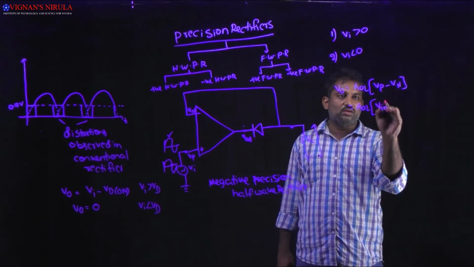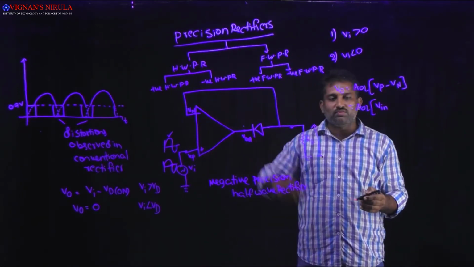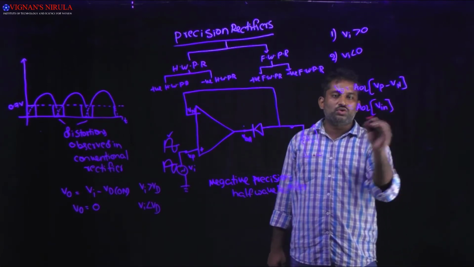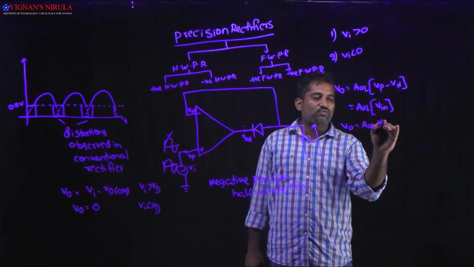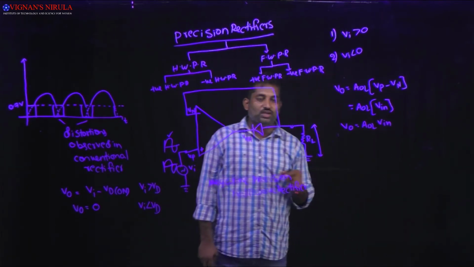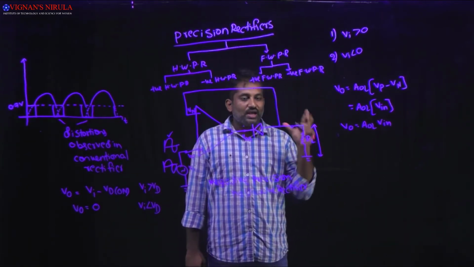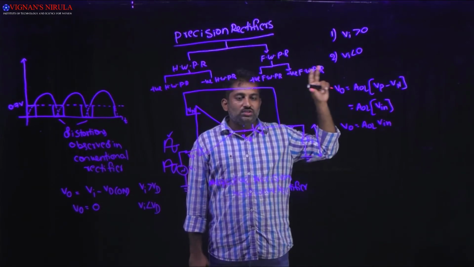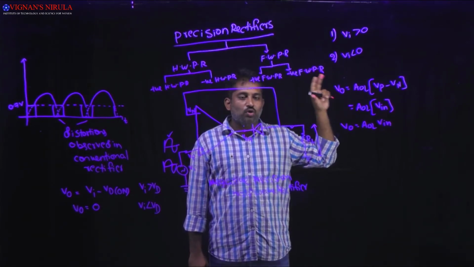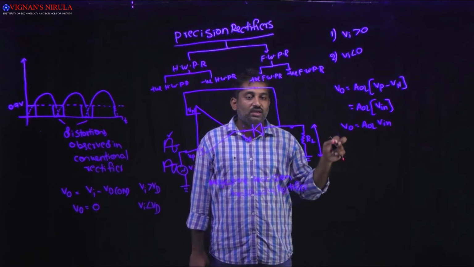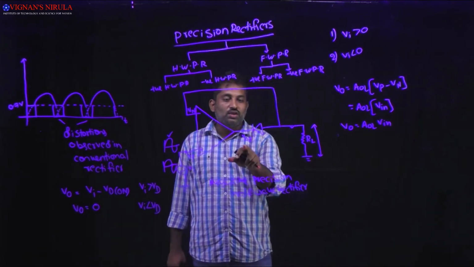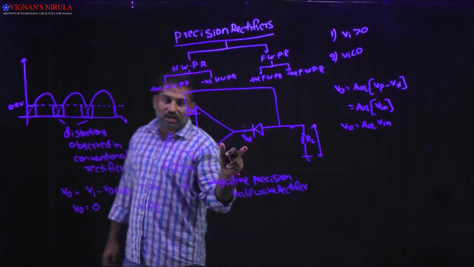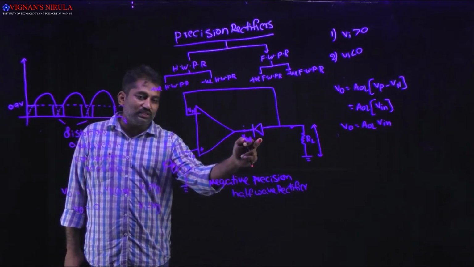Initially I am assuming Vn is equal to 0, so we get V naught equal to A naught L into Vin. That means we are getting a high positive output value because of the high gain of the open loop op amp. So here you are getting a high positive value, but the diode is connected in this